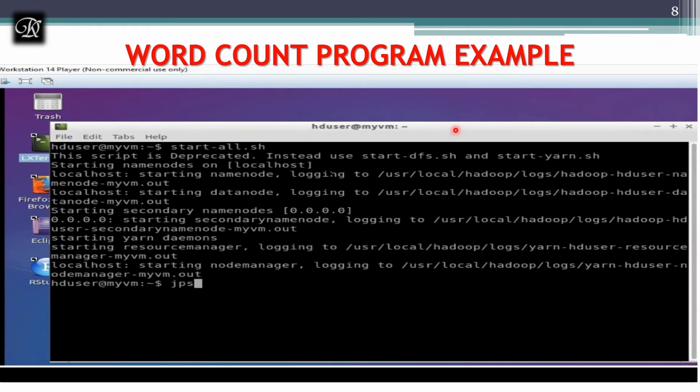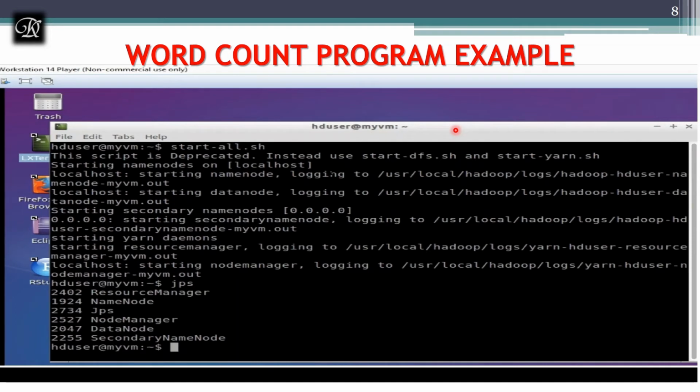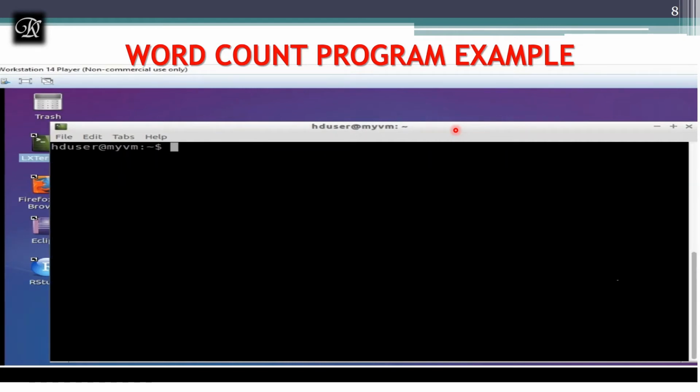Let's see whether Hadoop is started properly. I have told you in the previous discussion itself, a minimum of 5 processes should be started.